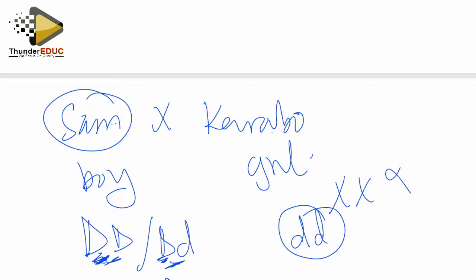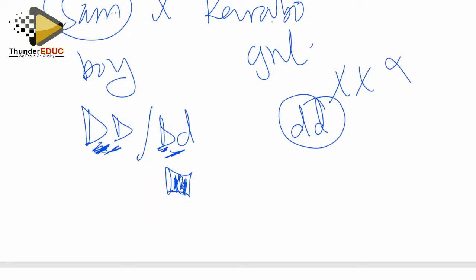Is it clear? Now, if it is caused by a recessive allele, the one which is shaded,